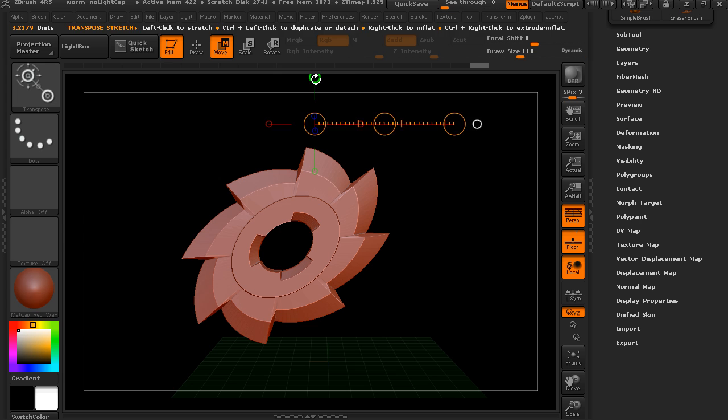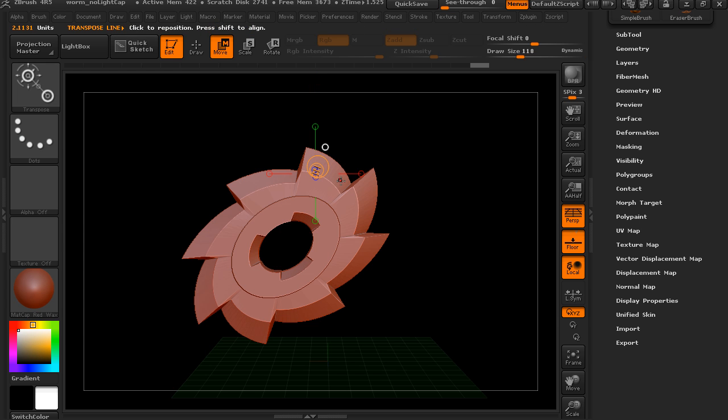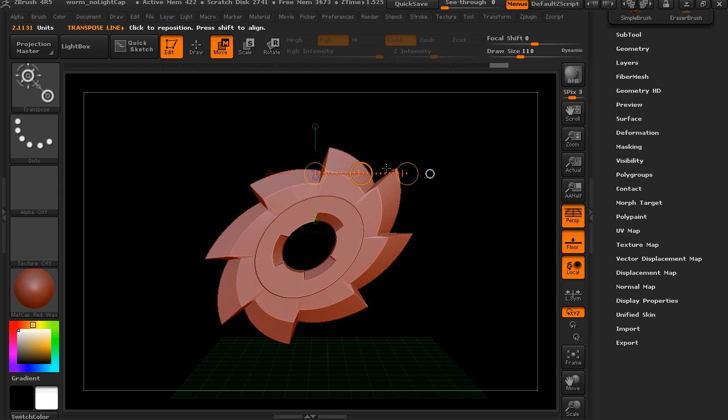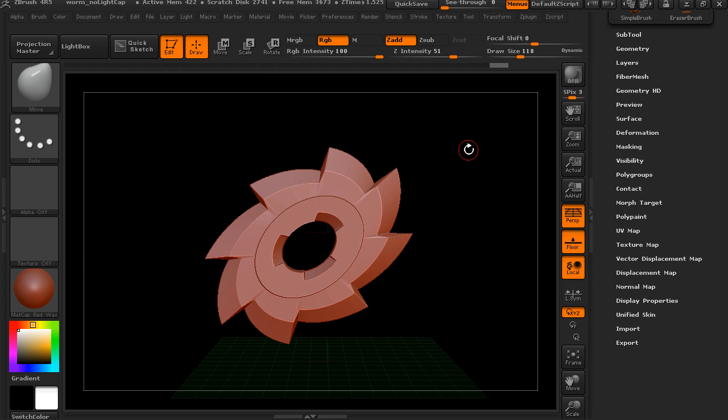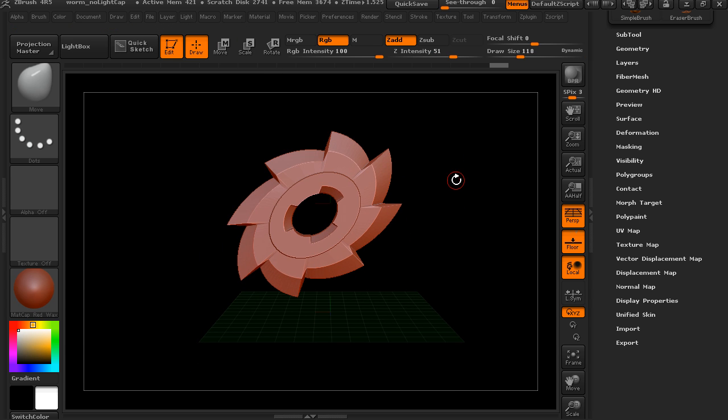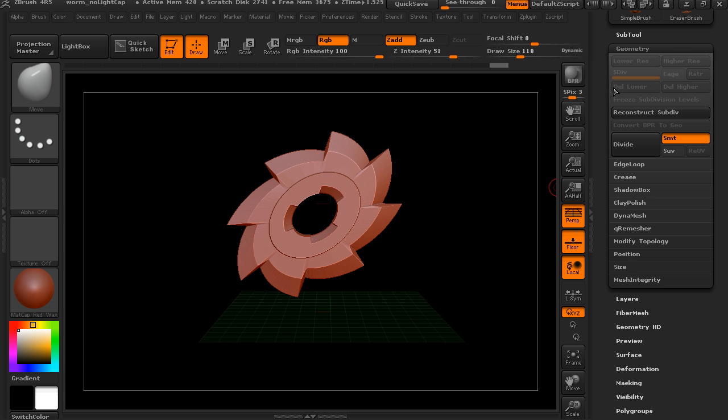I can also click on the different axes to automatically align those with a particular axis if I want to move it in a particular direction. Okay, and you can see the hotkeys for that, W, E, and R, or you can select those buttons yourself. Now another method, the last method that we'll talk about, is actually located under the geometry subpalette,